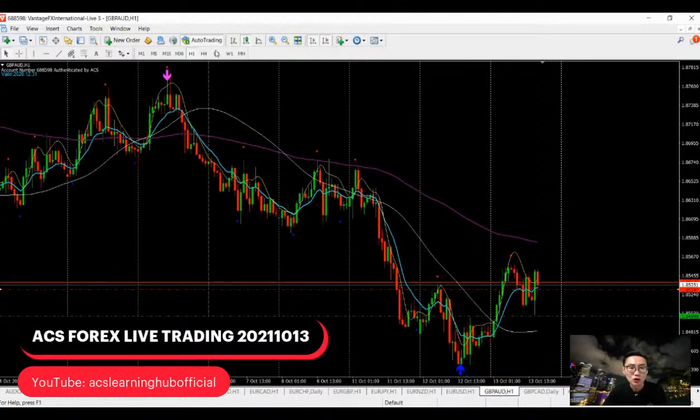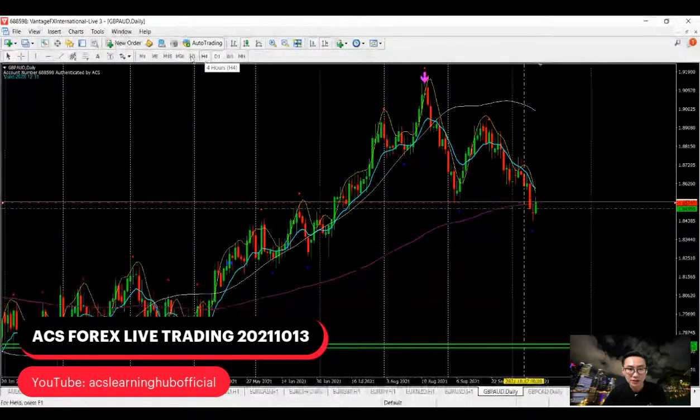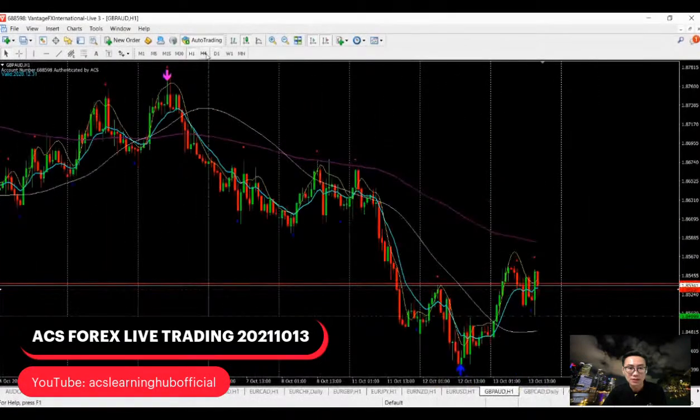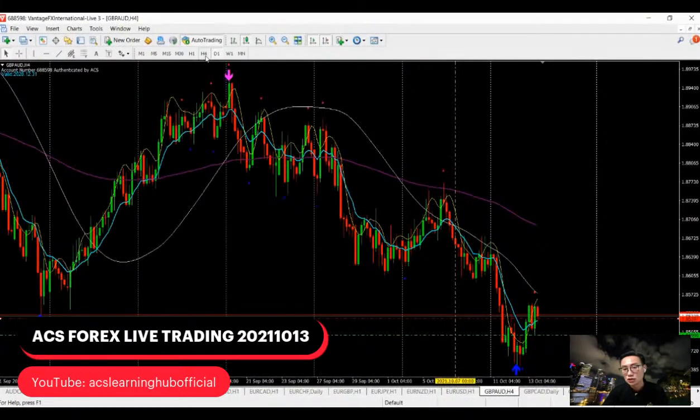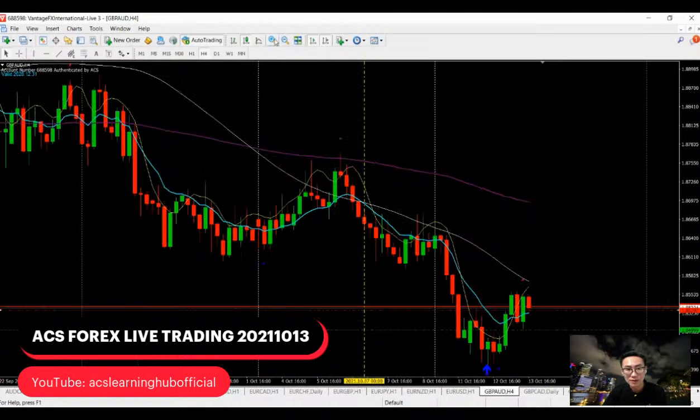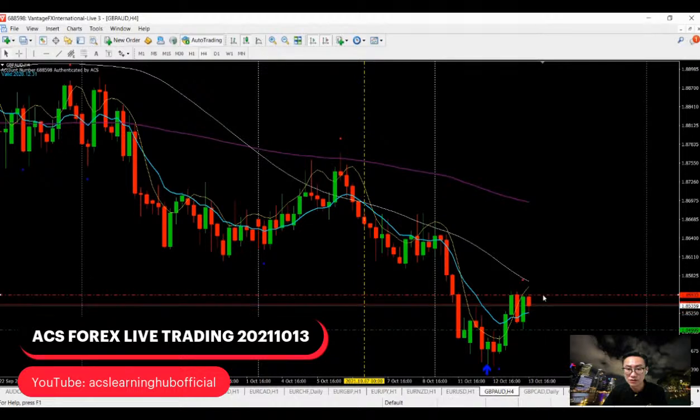All right, pound Aussie. Now, pound Aussie, we are actually looking at for a support as well. You see the pound Aussie is on the support. H4 as well, pound Aussie H4 is actually turning down. Am I right? The volume is coming from the resistance level. So let's take a look. This is the new resistance level. Now we have to change the resistance level.